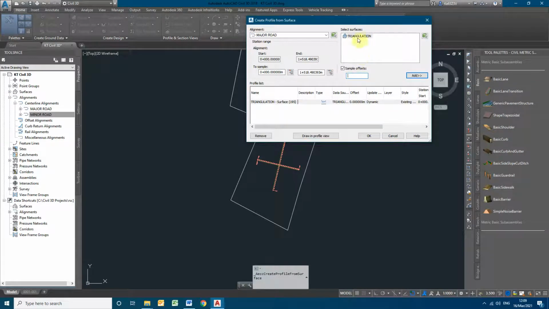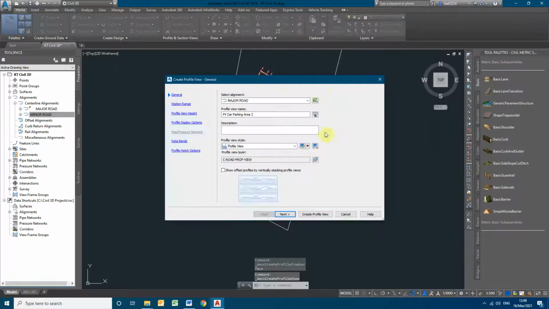And now if you want an offset for this alignment, we have to give the offset distance. So you can give -2 to the negative offset and +2 to the positive, so let's say 10 meters, so we can add directly. So you will get the triangulation surface offset for every 10 meter offset of the alignment that we had already created. So now go to the drawing profile view.